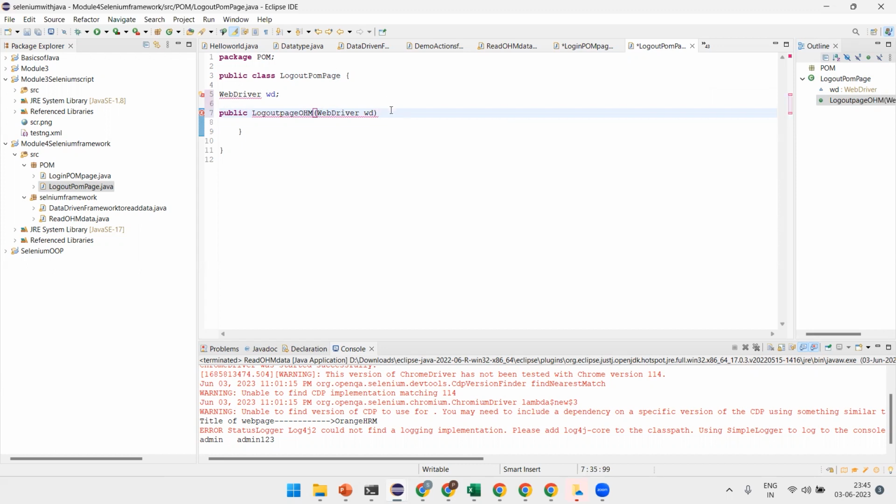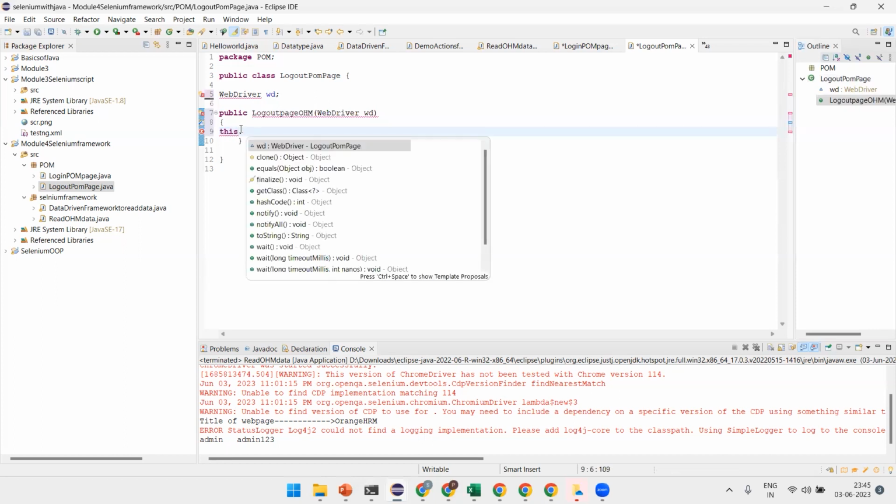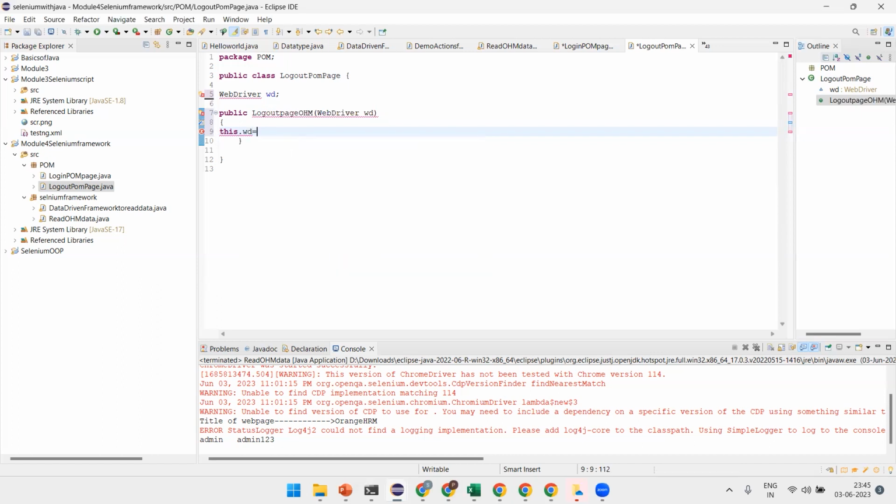Okay. Since we have mentioned WebDriver here, so it will not confuse. That's why I mention here this dot WD mention equals to W means both WebDriver are same. Okay. Now,